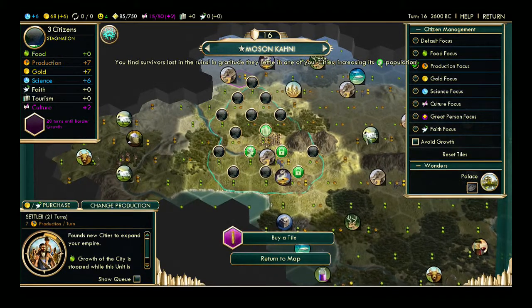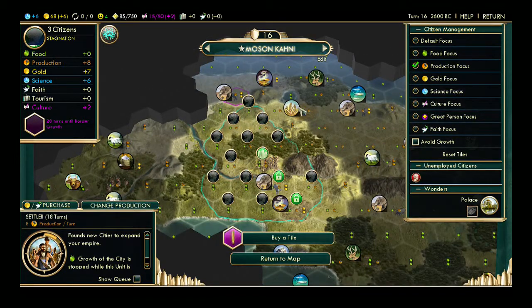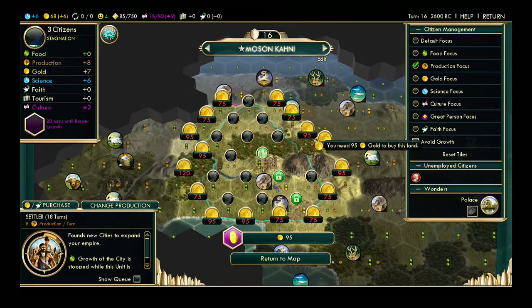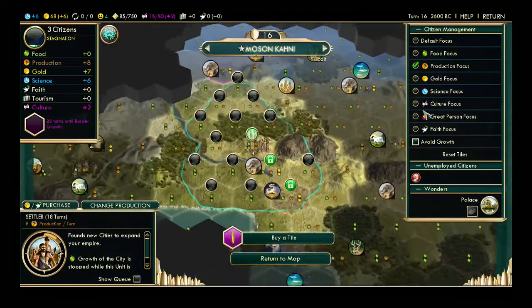And as you can see, I've got another person to play around with here. So, I'll take him off. And actually, what I'm going to do is... I was going to buy that tile. It's too expensive for me. I'm not going to buy that tile. I could probably buy it in 2 turns, but...